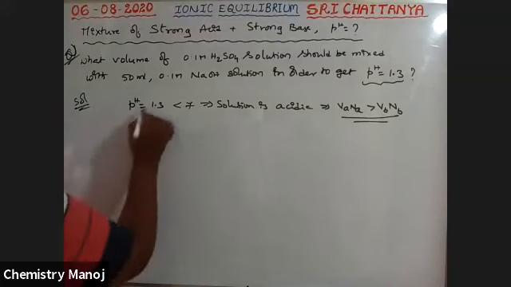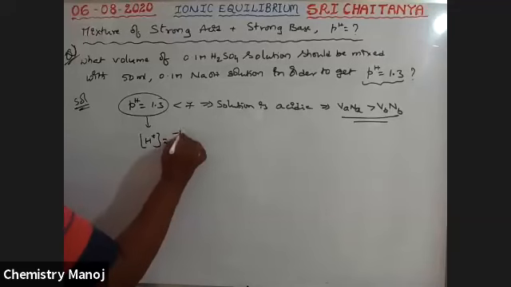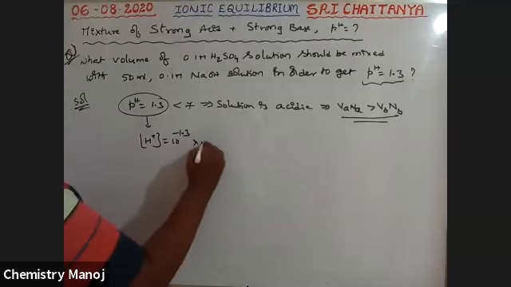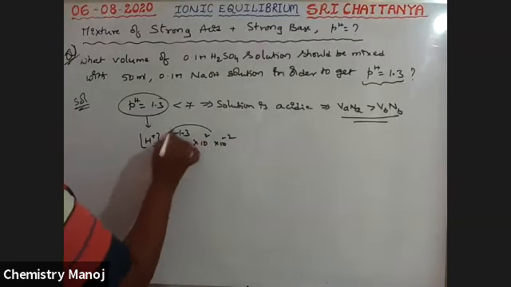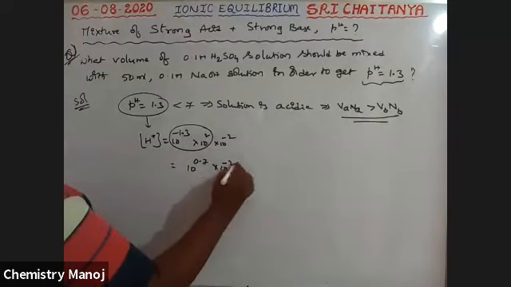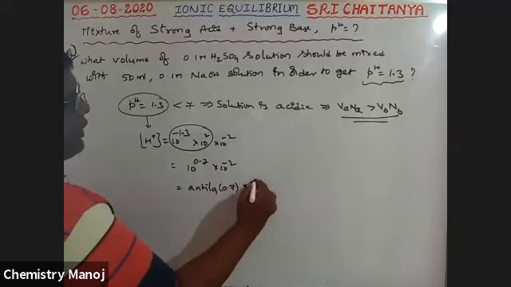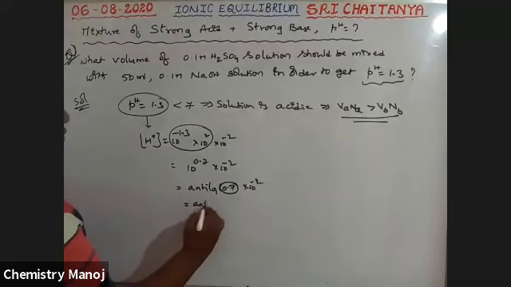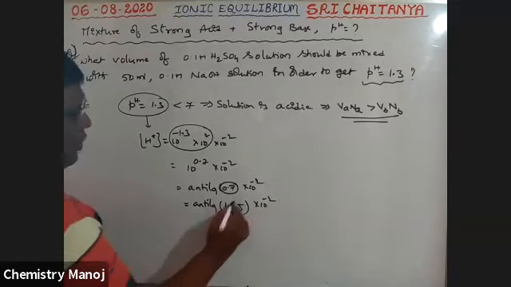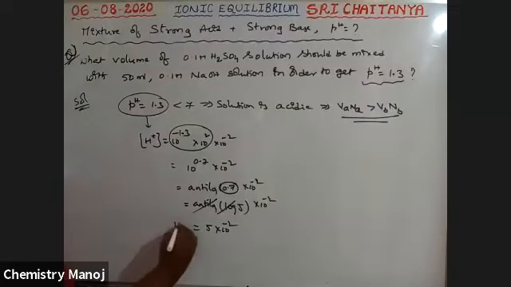Therefore, pH is equal to 1.3 means H plus concentration is equal to 10 power minus 1.3. I am converting this 10 power 2 into 10 power minus 2 to convert this value into positive. That is 10 power 0.7 into 10 power minus 2, which is equal to antilog of 0.7 into 10 power minus 2. So 0.7 is nothing but log 5, my dear boys, into 10 power minus 2. Log and antilog cancel. That is 5 into 10 power minus 2. This is H plus concentration.